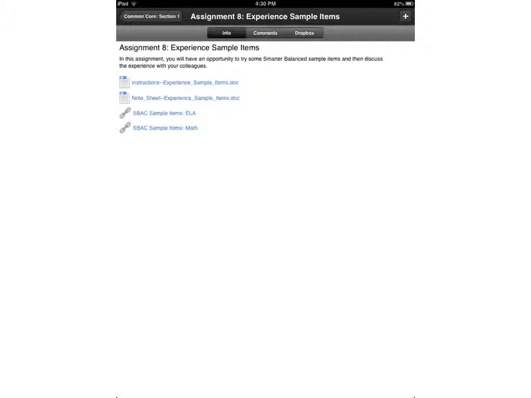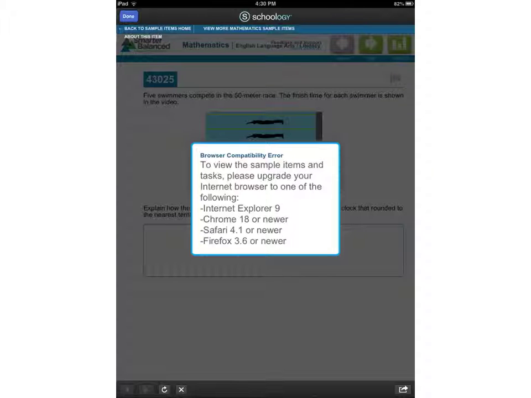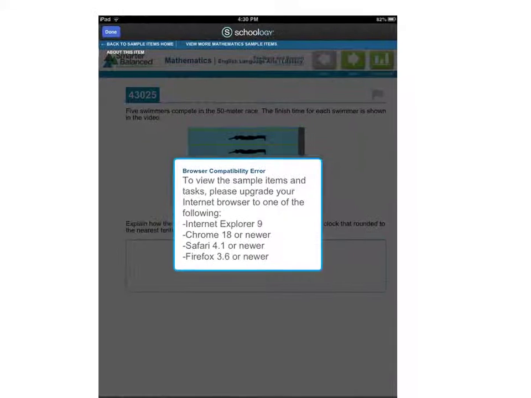You can touch that and go back to the Schoology app. And once you're back in the Schoology app, you really need to go back to the area where it says Assignment 8, and this time we're going to take an opportunity to look at our math tasks. So go ahead and just click on that link. And once you click on that link, it should take you here. Again, we see that error message. You may get it, you may not. If you do get it, remember you're going to